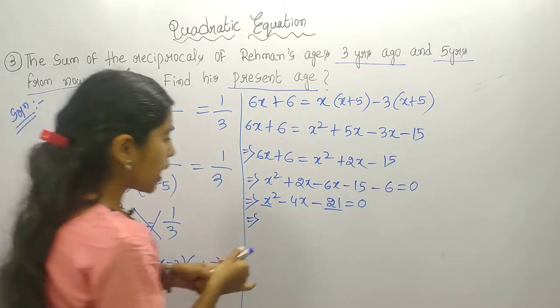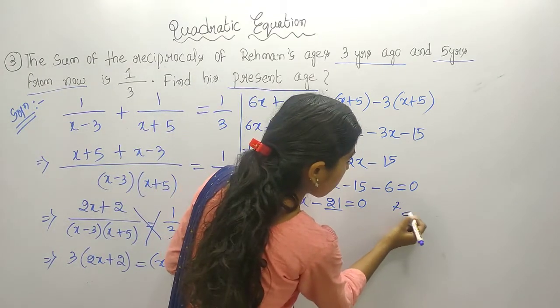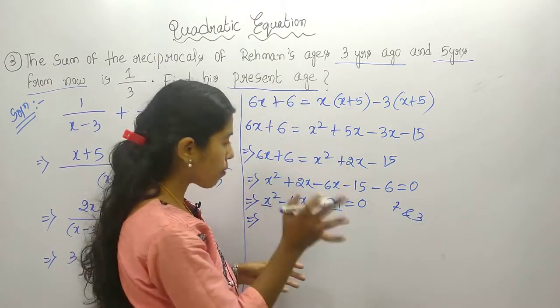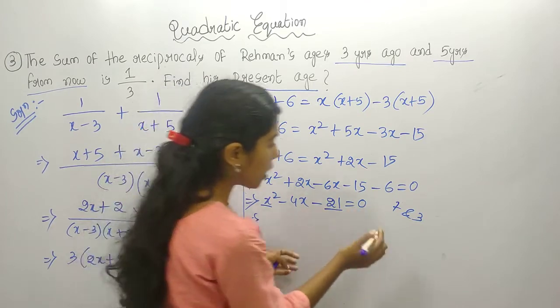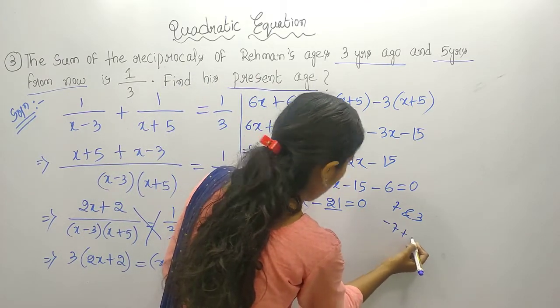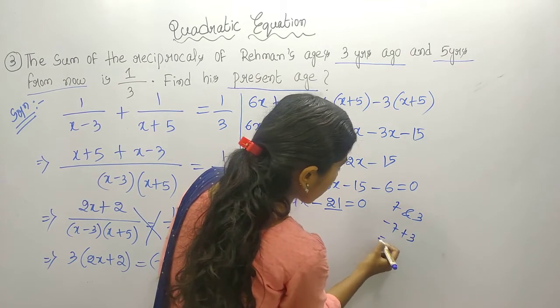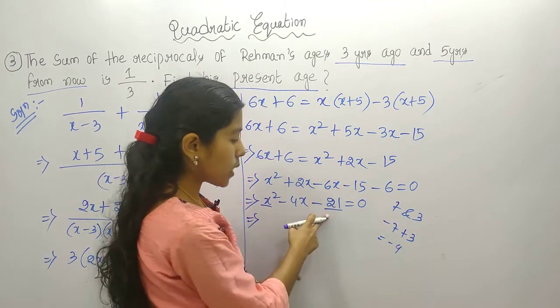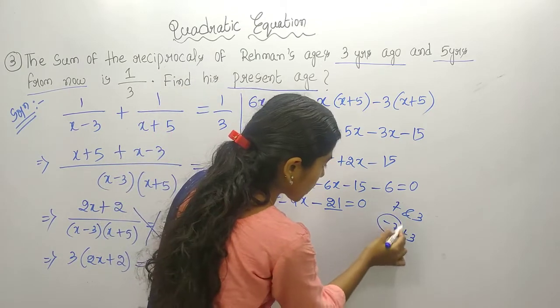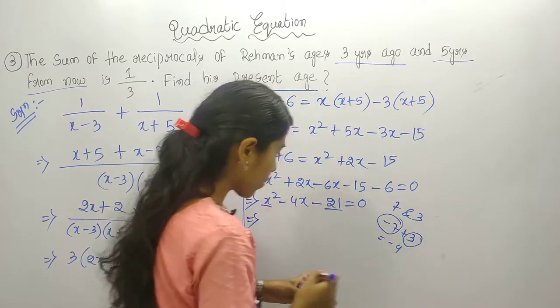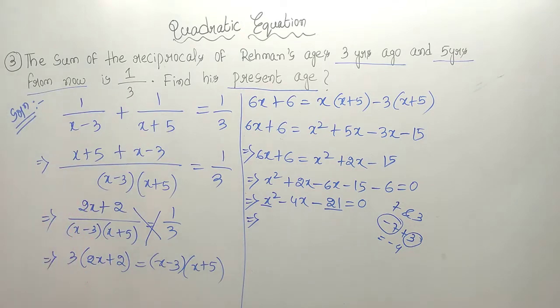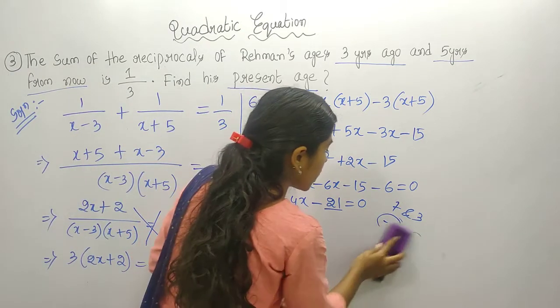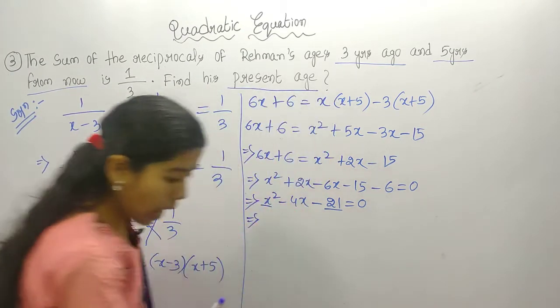So you see here two numbers came, 7 and 3. How will we factorize? Here minus 4 is there. That means minus 7 plus 3 is equal to minus 4. Again, minus 7 into 3 is minus 21. So, the two numbers are minus 7 and 3. We will take these for factorization.